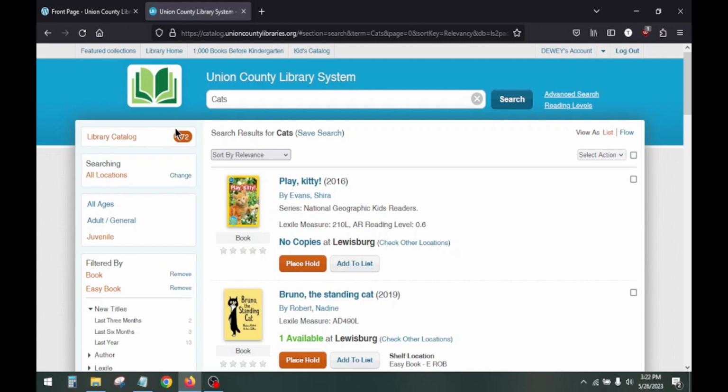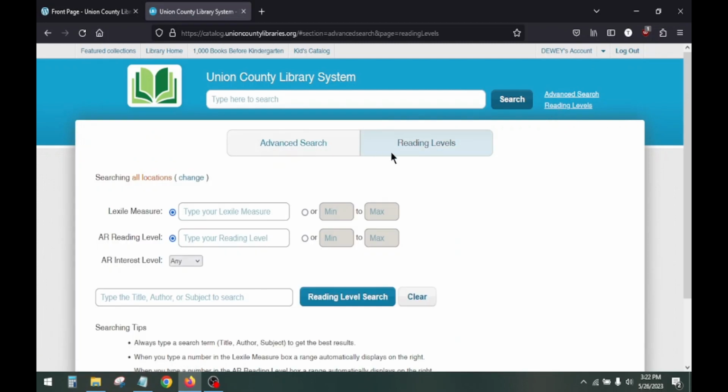Going one step further, if you are a parent wanting to search for reading levels for a child, or you want to do an advanced search as an adult, you can click on either of these and do a search. So for reading level, I'm going to choose Lexile reading level, and I'm going to do 500, and then I can click